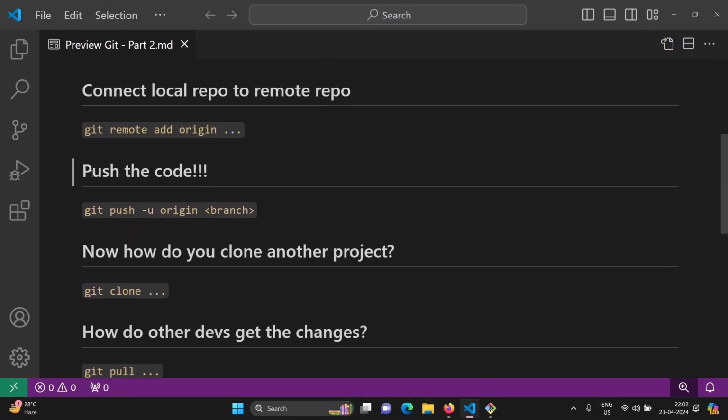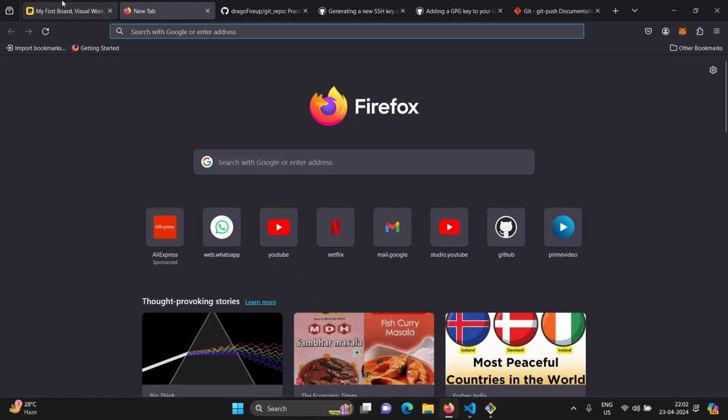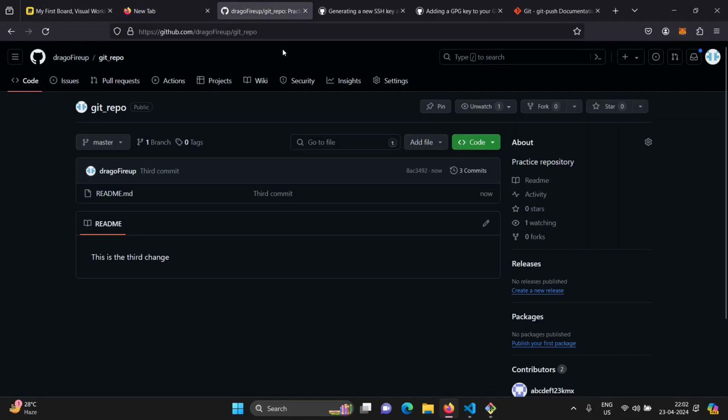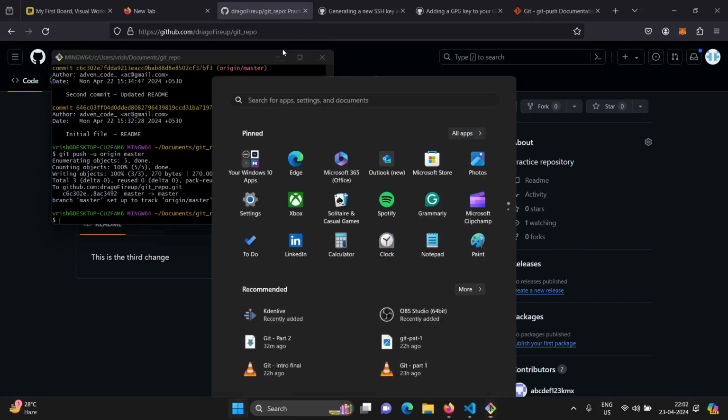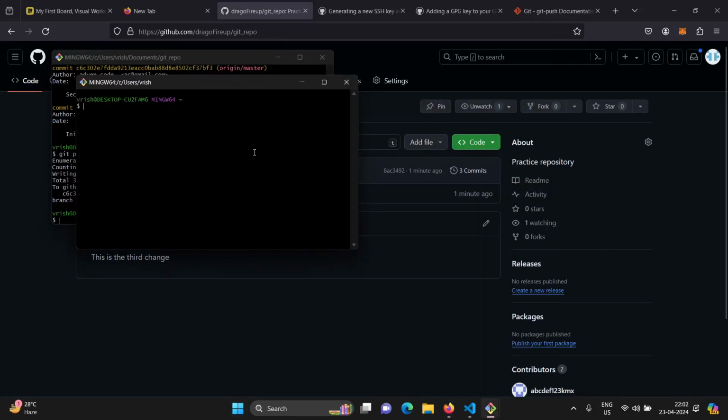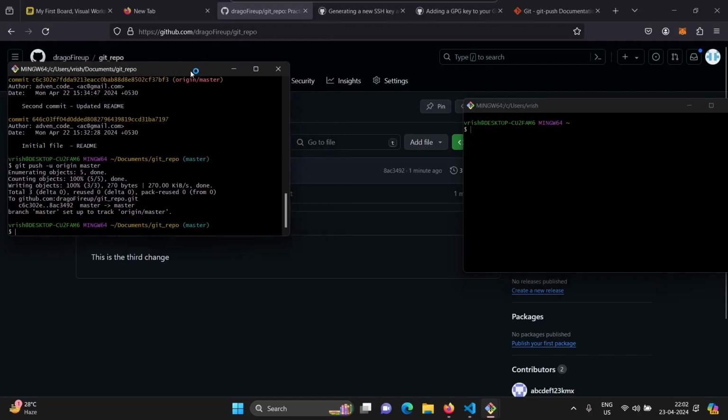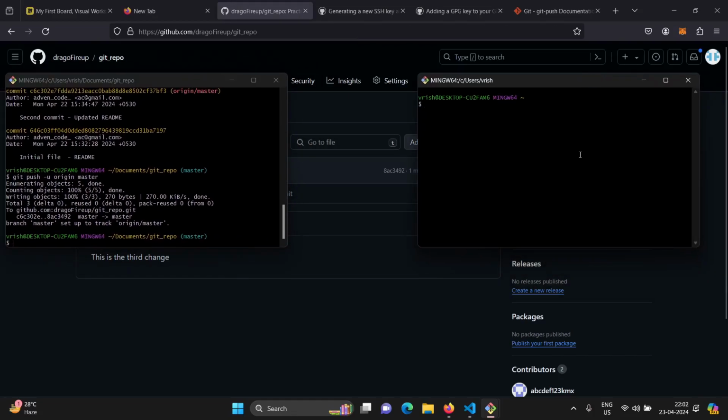Now you have pushed this code. So let's say this is developer one who has pushed this code. This is in the remote repository. Now how does developer two do it? So I'm gonna make this Git Bash developer one and open another Git Bash. Let's put these to the side. Let me go to documents,